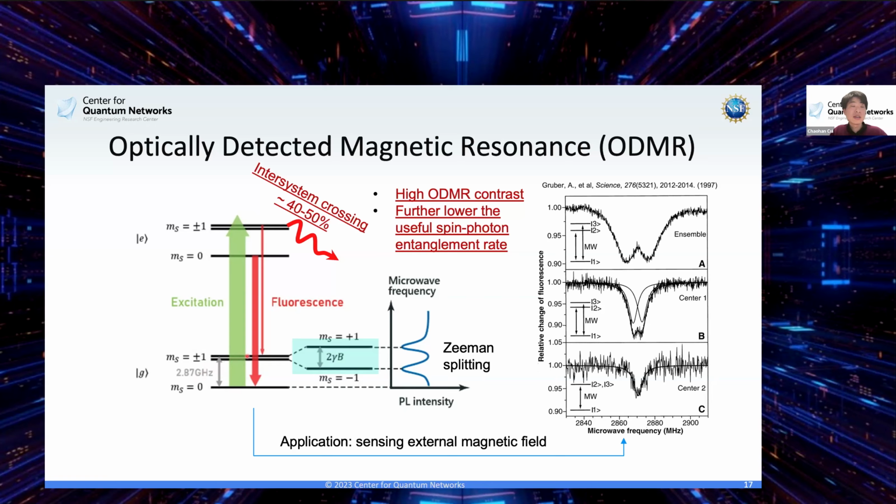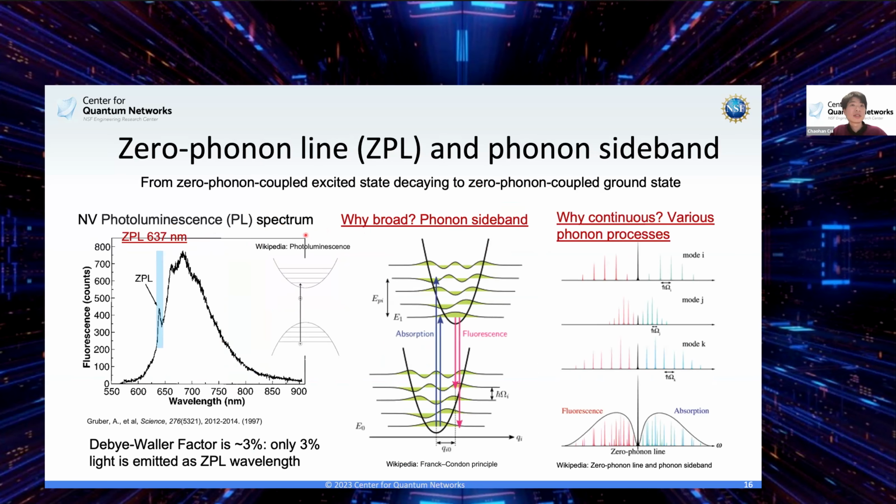This state, if it goes to the excited state of spin plus and minus 1, if you go for the intersystem crossing, see here,